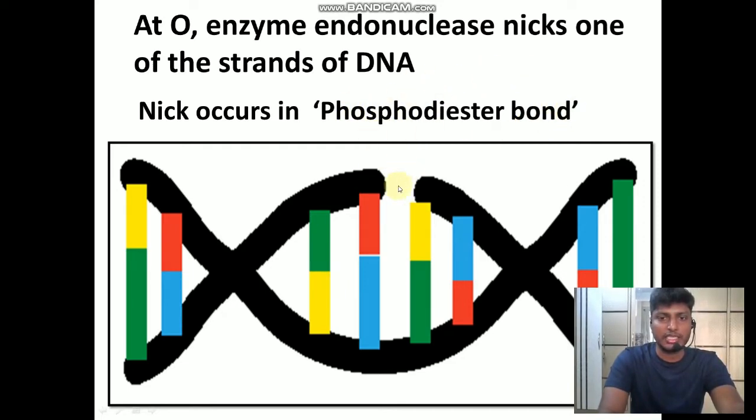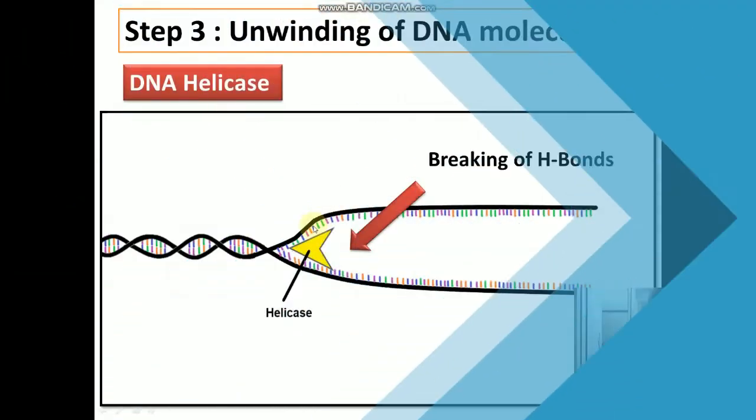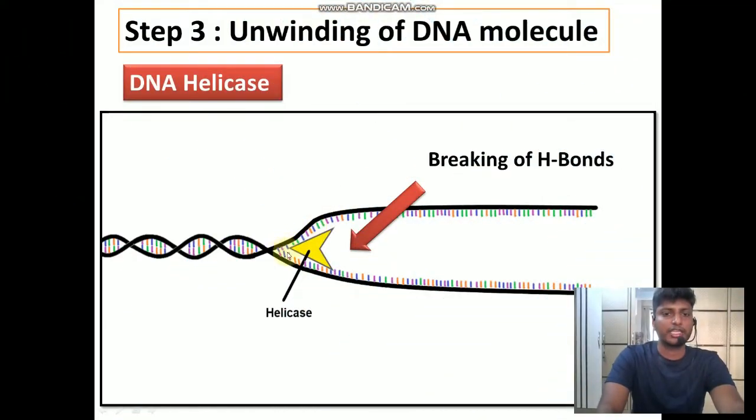So at this point, which bond is present? This bond is known as a phosphodiester bond. And what is a phosphodiester bond? Phosphodiester bond connects the neighboring nucleotides. As you can see, the nucleotides are connected by phosphodiester bond. So at the origin of replication, as the DNA replication begins, this phosphodiester bond will be broken, so that now the strand is actually going to break at that point. Now followed by, once the nick has been created,